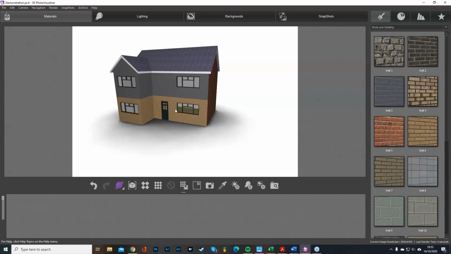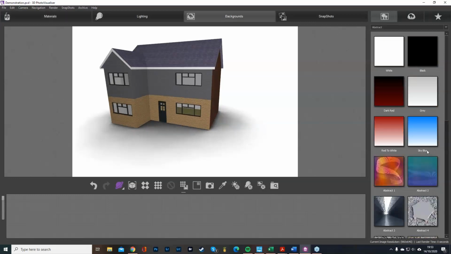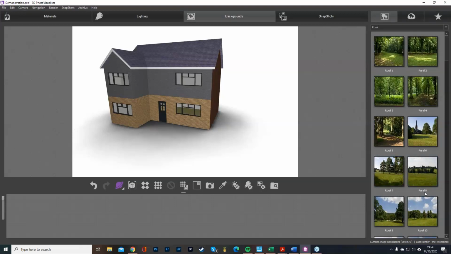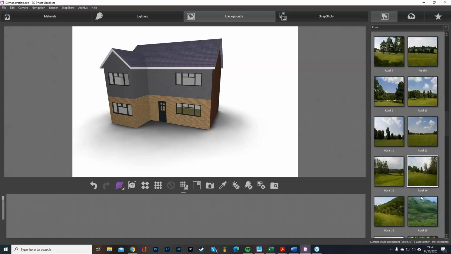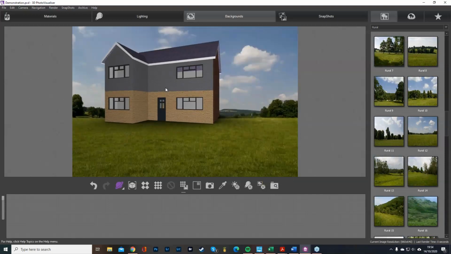All right. You can start looking at the backgrounds as well. So I can start seeing some abstract backgrounds for those artsy ones in here. But then we've also got the rural outcomes, and we can start dropping these in as well. And all I've got to do is just click, drag and drop. And then what I can do,